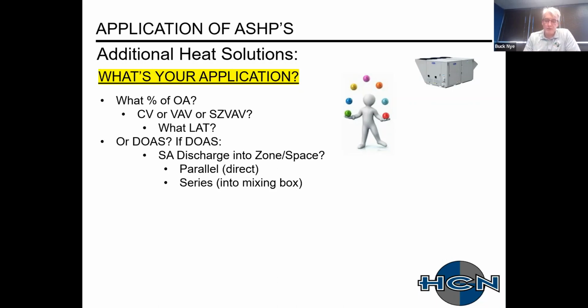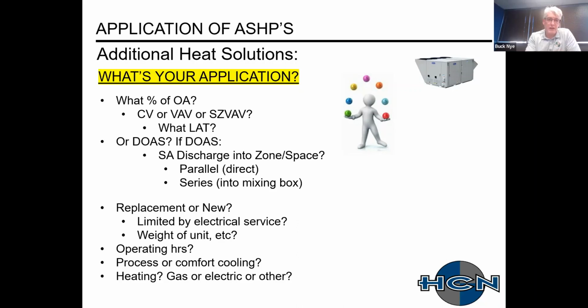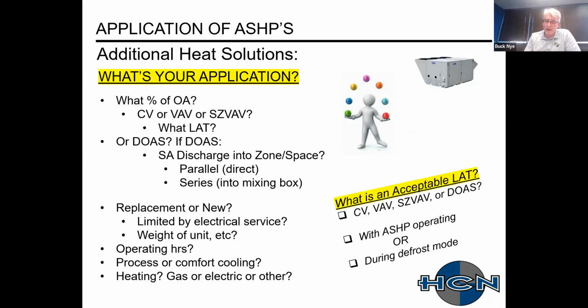or acceptable temperature. Other things just off the top of my head to consider: is this a new or replacement job? We'll talk about looking at the existing electrical service, how many operating hours, if you have something that's not going to really ever work in the dead of winter, maybe you wouldn't have to be so critical of the outside air temperature, your design temperature. And then also too, the main thing is heating. Is it gas or electric or using something else? And then, as I said, what's an acceptable leaving air temperature is a big criteria, whether you have those type